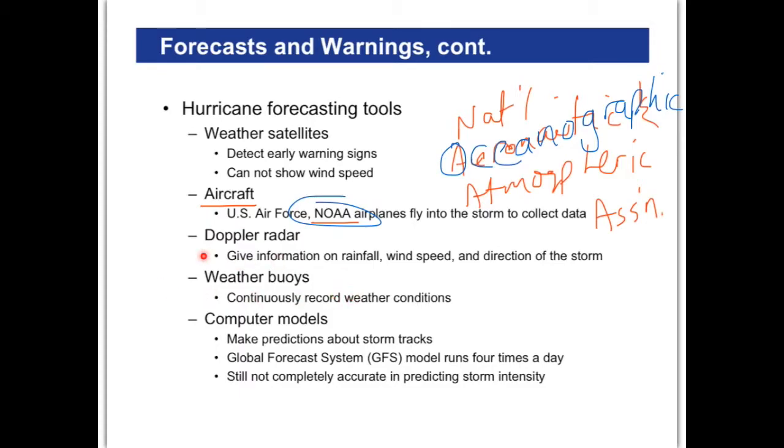Weather buoys are very helpful because they give us information out in the ocean. You don't have to have a person right there, but the buoys can do that. They can give you sea height, wave height, pressure, temperature, all kinds of things, and they help us collect information about storms as well. And finally, computer models. Believe it or not, one of the most powerful computers in the world is dedicated specifically to weather prediction. There are a lot of different factors that weigh into determining what the weather's going to be like on a certain day, and so computers help us with that as well.